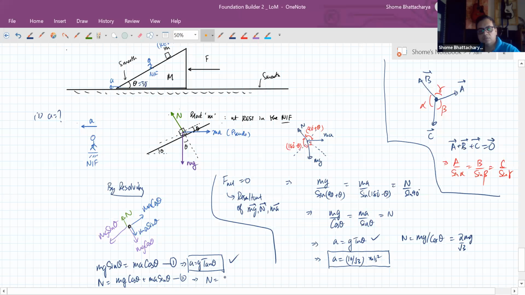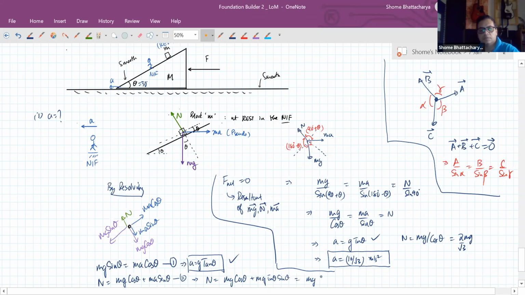So from this you can see that N will become, when you substitute this now, you get this like this. Now see A's value is this. Okay,